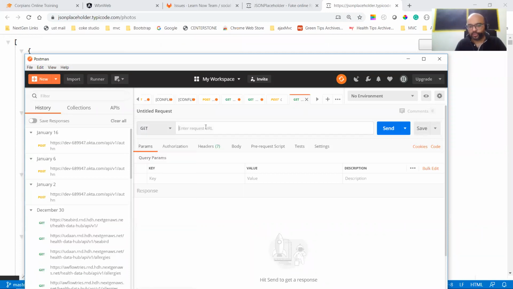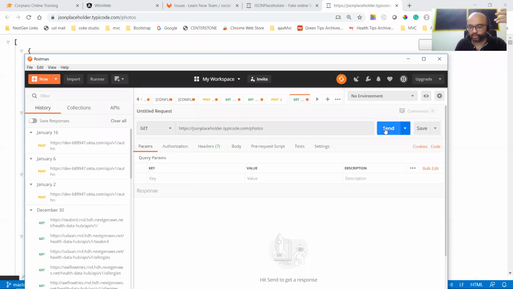Get. So let's hit this API. This is the API URL, or we call it endpoints also. So on this API, we are invoking its HTTP GET method. Okay.